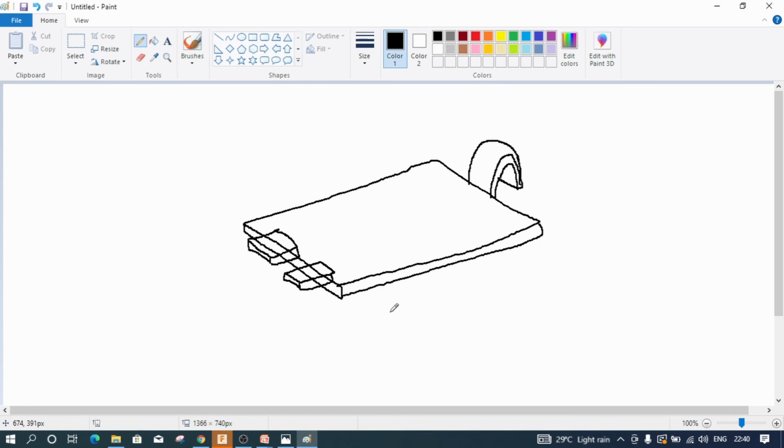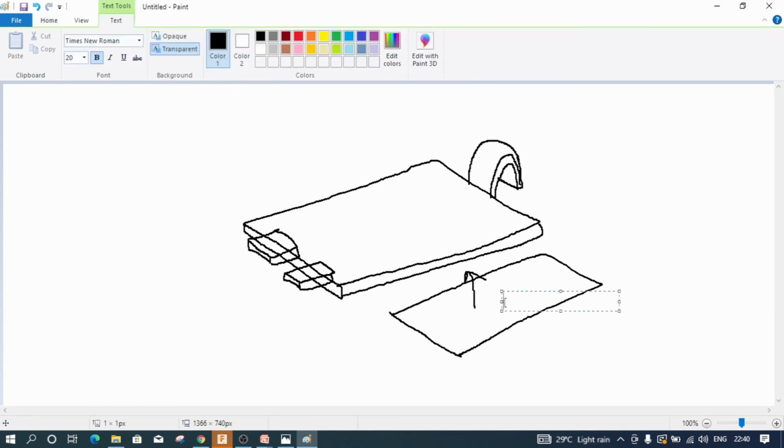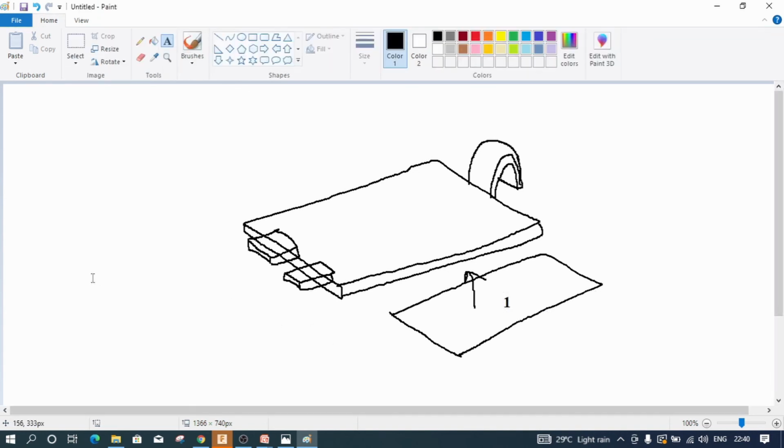Firstly, we can draw a rectangle like this and extrude it vertically. That will be step 1. Secondly, we can create a plane on this top surface, and on this top surface we can develop these objects.